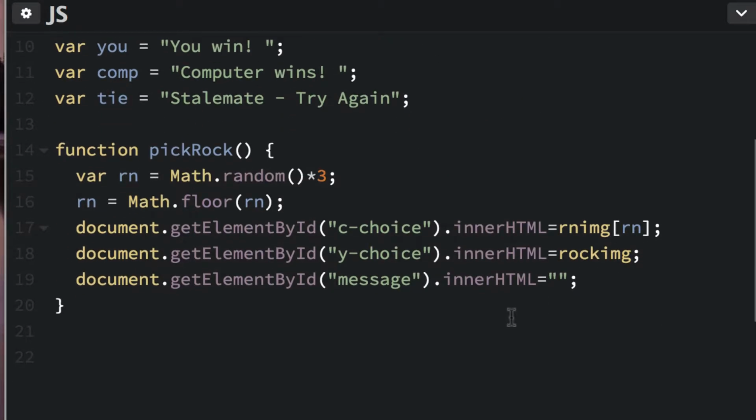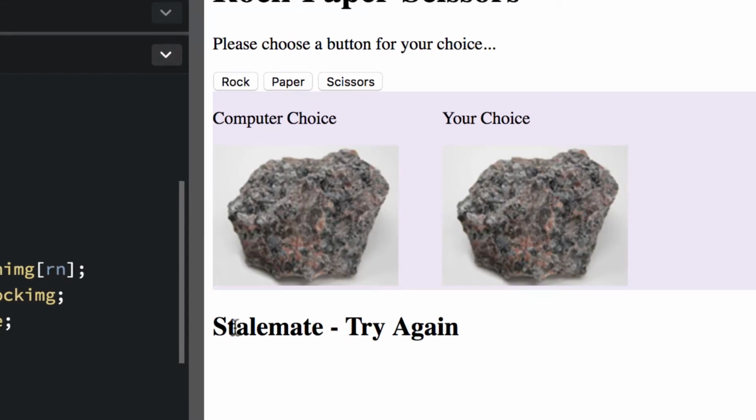And they're going to display in this thing by saying get element by ID message, except we want to wait to see who wins. So this will be part of a conditional statement. So that's why I just left this blank for now. I mean, I could put something there. I could put rock. Now that would be a stalemate. Now let's say I just put in here the variable. I wouldn't put strings. Let's say I just put tie, and ran this again. There it says stalemate, and it was just by luck that they both came up rock again, but it says stalemate, try again, and that's actually the way it would look,